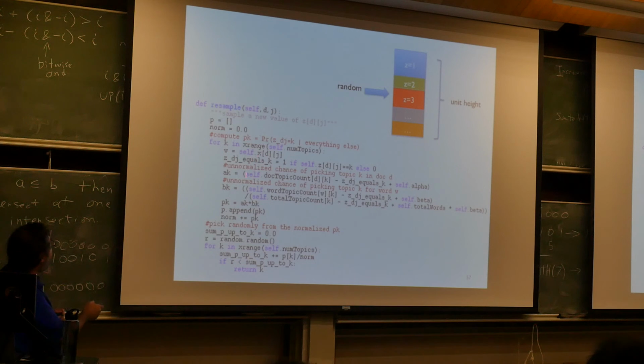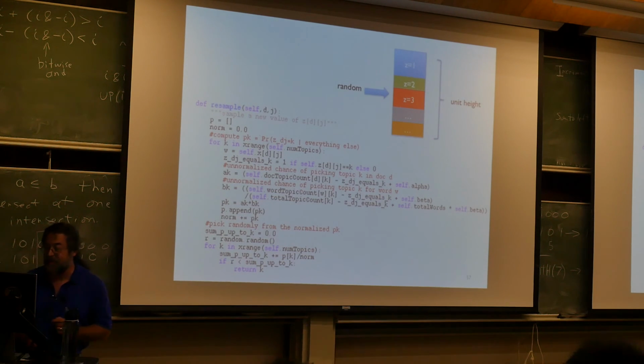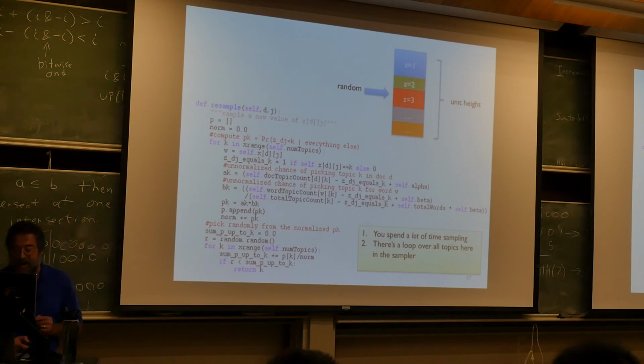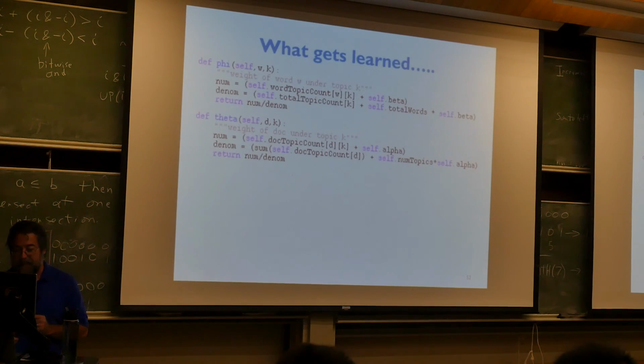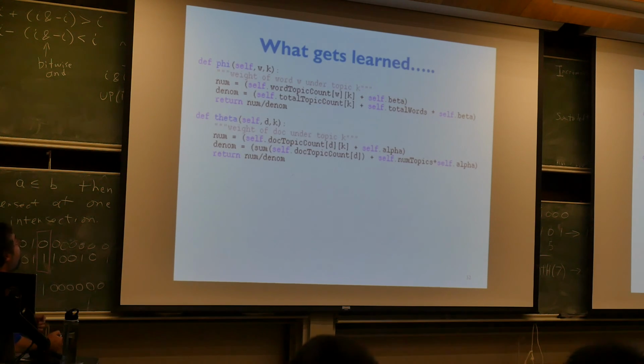I have to compute these probabilities, and unfortunately, I only get to use them once. And then I draw a random point according to that distribution. This is actually where you spend all your time in LDA. All your time spent sampling. All right. So what you learn at the end of the day, basically all you've got is